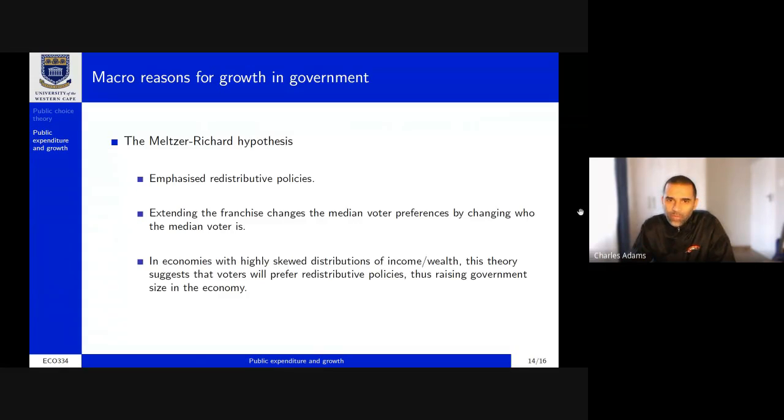The third theory, by Meltzer and Richard, emphasized redistributive policies, right? So the theory here is that as countries develop, we observe that governments extend the franchise. In other words, they